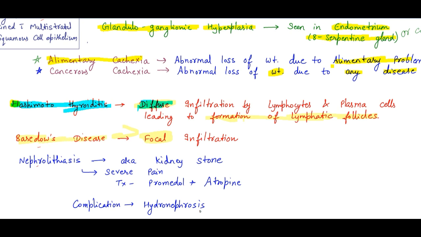If you don't know anything, okay. If they copy-paste these questions, remember Hashimoto or Basedow. If in the options there is Basedow, then there is no option for Hashimoto thyroiditis. But if the answer is Hashimoto thyroiditis, then there will be both options. But if the answer is Basedow disease, like if they are asking for focal infiltration, then there is no option of Hashimoto thyroiditis in the questions. Okay.